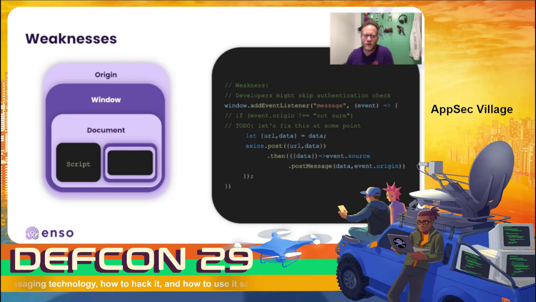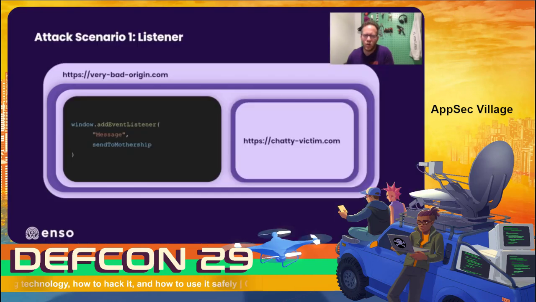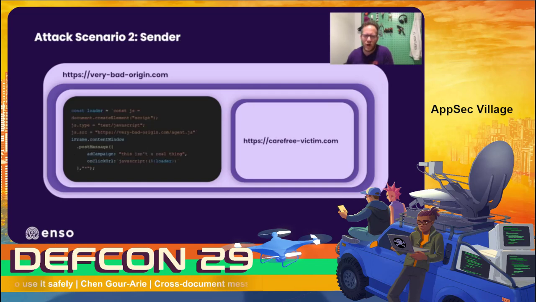These are the three weaknesses we are addressing in two different attack scenarios. One is to spot chatty victims, listen to their traffic, and report it back to our headquarters. And the second is to try and send messages to victims that implement sensitive